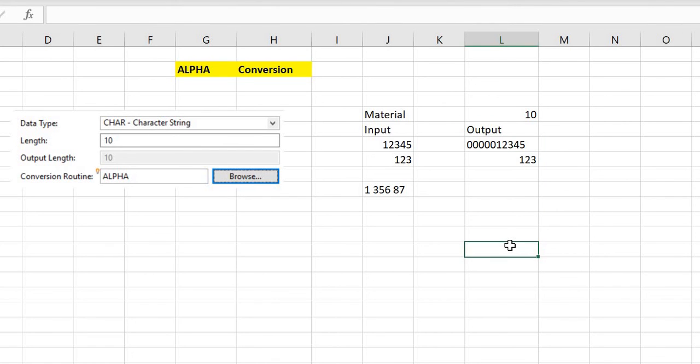Alongside this I want to share one more piece of information, if you want to do the opposite. What we have done here is input to output, meaning that the external format is transferred into the internal format using this conversion method. Now if you want to do the opposite, meaning convert from the internal format into the external format,